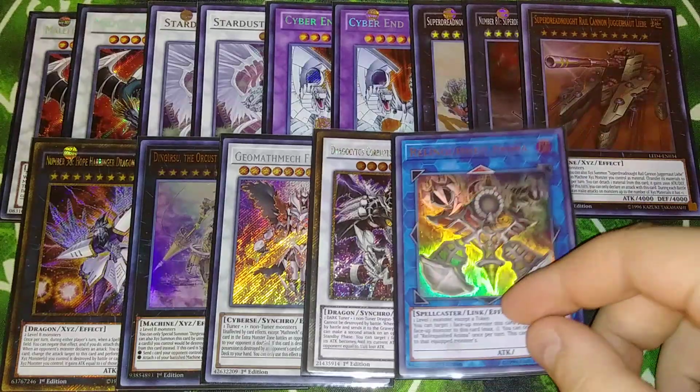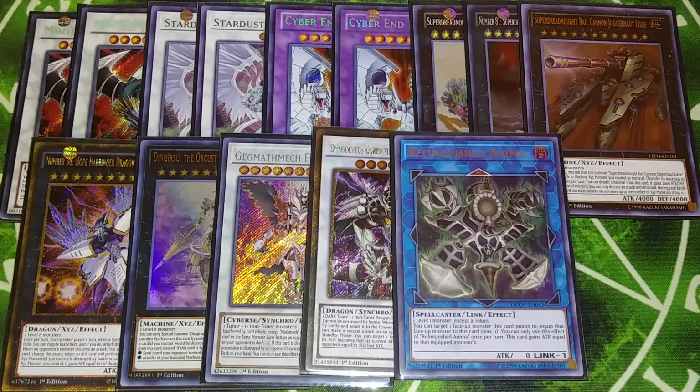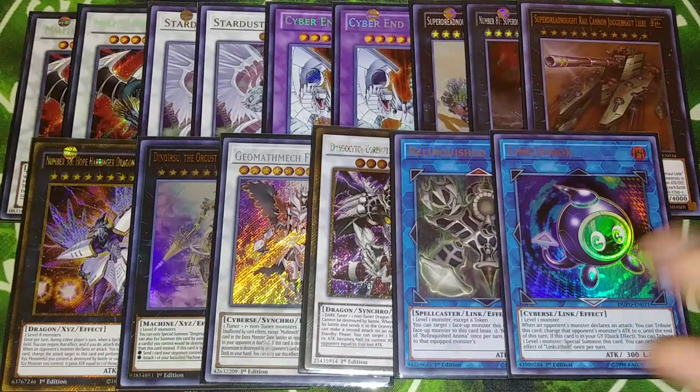We can play a single copy of Relinquished Anima. I summon this sometimes. It's just there in case I want to gobble up a monster. And a single copy of Link Rebo. I don't do that much Link summoning in this deck as much as I used to with the new monster. Because basically I just end up summoning Paradox Dragon, Malefic Cyber End, or Stardust, and a copy of the new